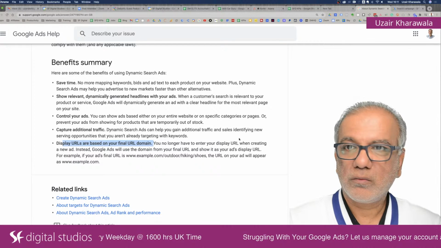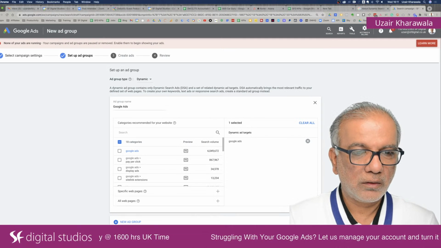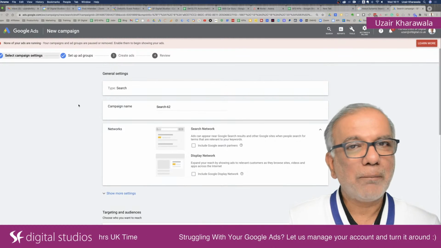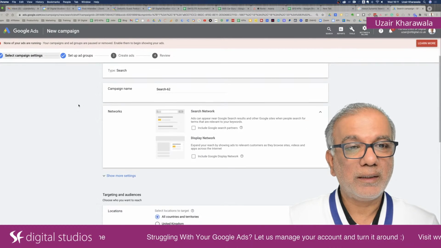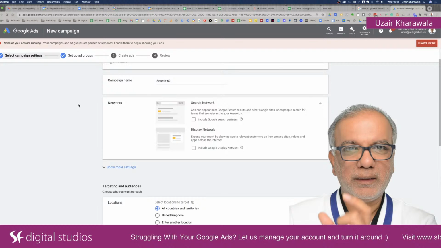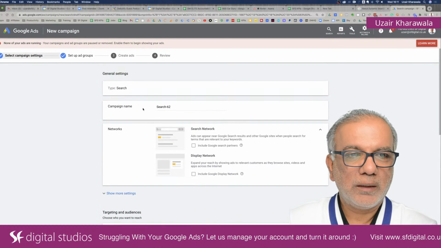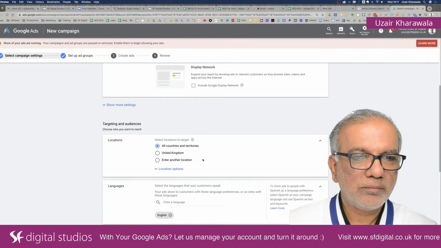Okay, so let's hop into the campaign. The campaign setup is pretty much the same. In fact, it is the same. The only difference is at the ad group level when you set it up. So I've set this up, campaign name, I've taken out the search partners and the display network.